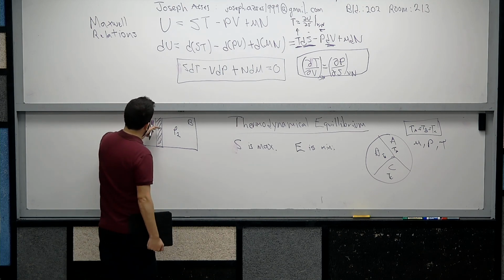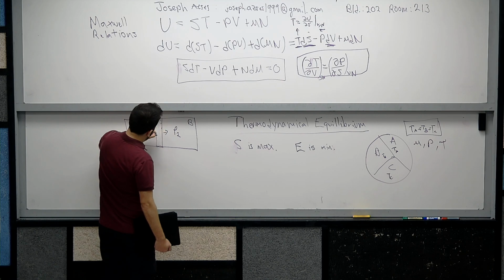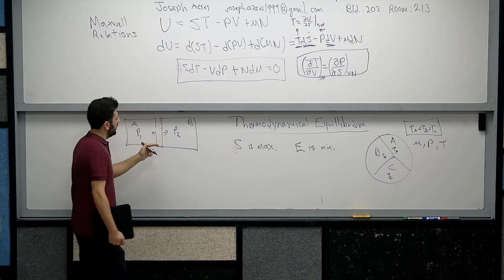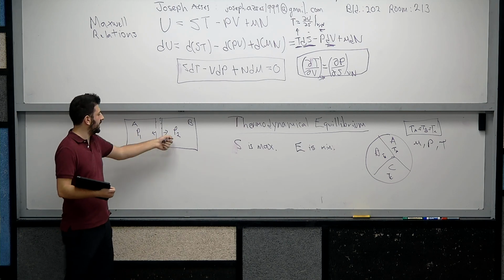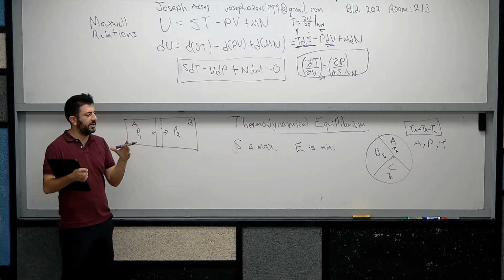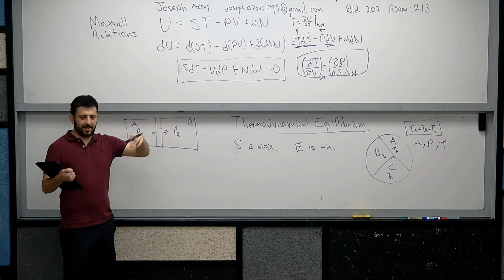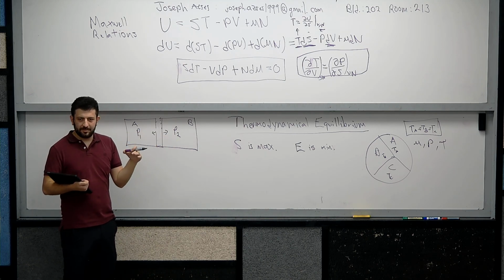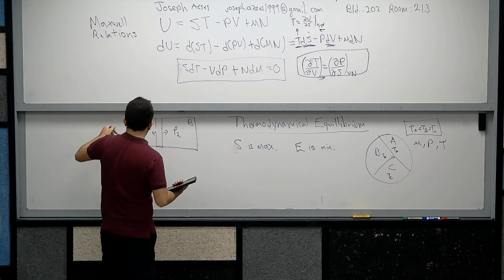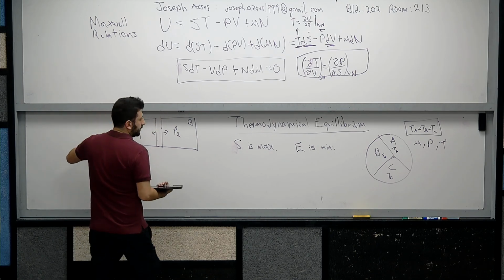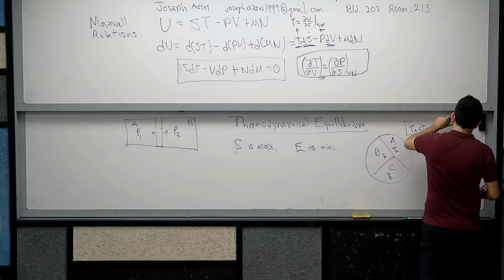Otherwise, if you allow this barrier to move, let's say that it can go left or right, then the pressure can equalize itself. The pressure from system A and pressure from system B can reach some sort of agreement in which both get to the same point. Okay. So this is only true if